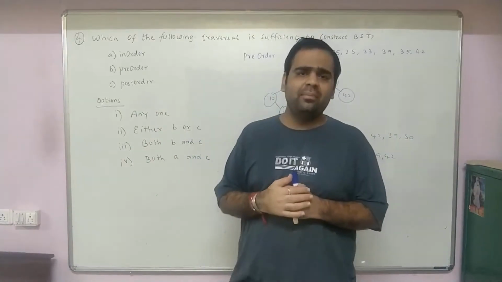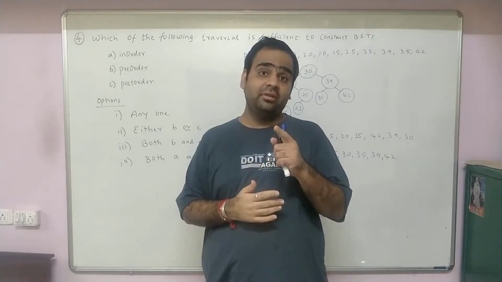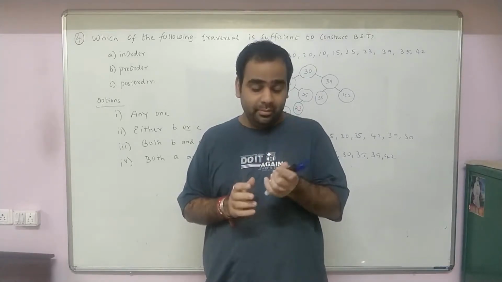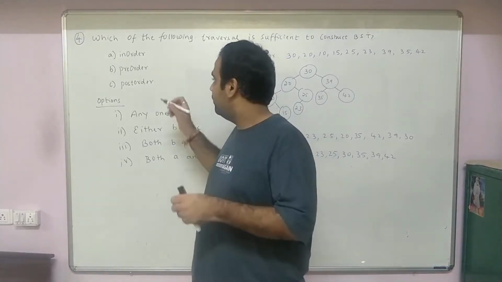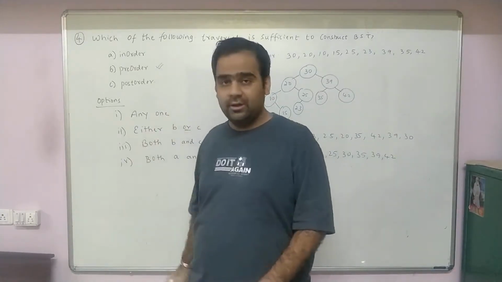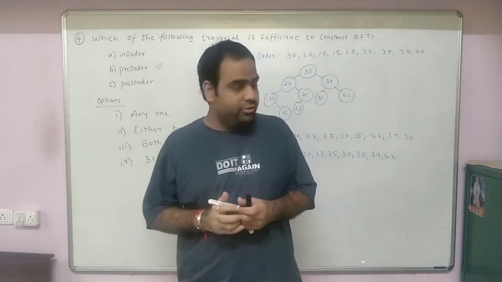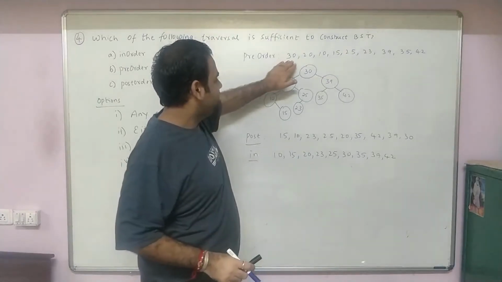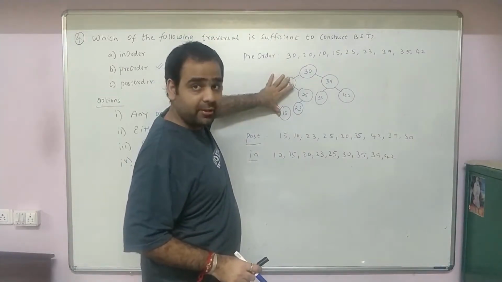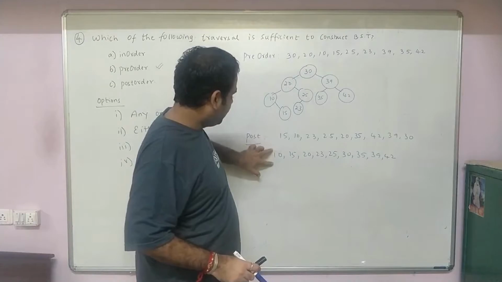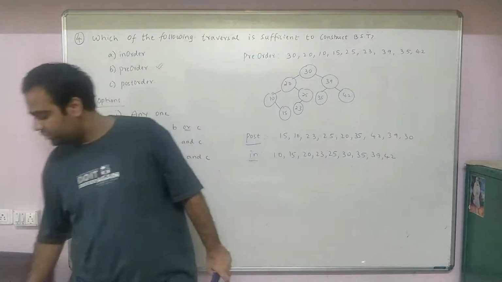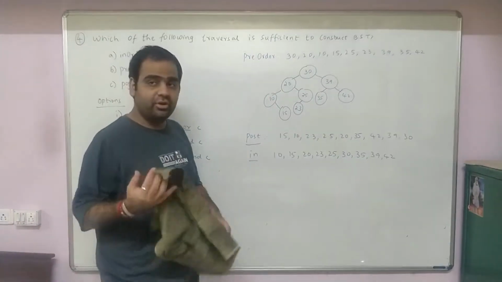And in the last example, we have seen that we constructed the tree with the pre-order. It means pre-order alone is essential. Now this is the given last example. This is the pre-order and we have constructed the tree. And this is the post-order traversal of the tree. This is the in-order traversal of this tree. You may pause the video and see it.